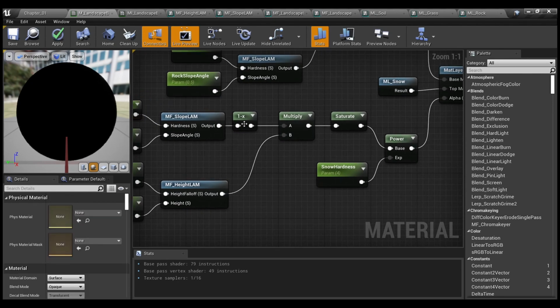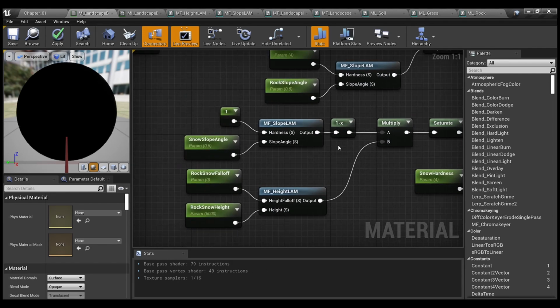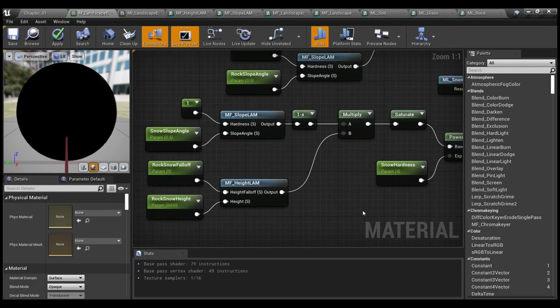I also need to use 1 minus to invert the mask, so the snow will be covering not the slopes, but the slopes with another values, so the result will be more like in real life. So for this sake, I just need to invert the mask. Then I multiply it by our